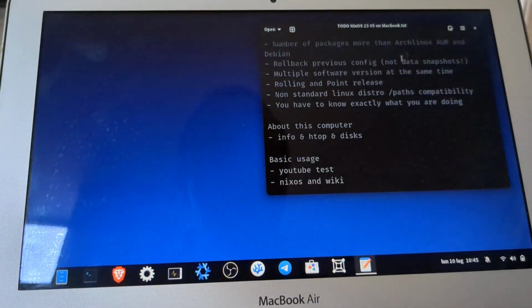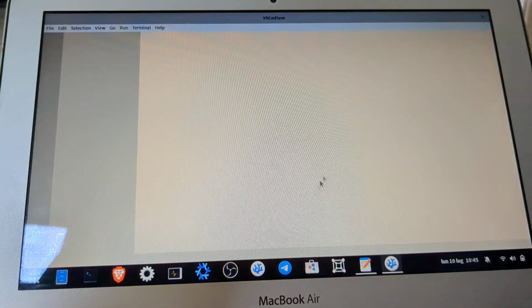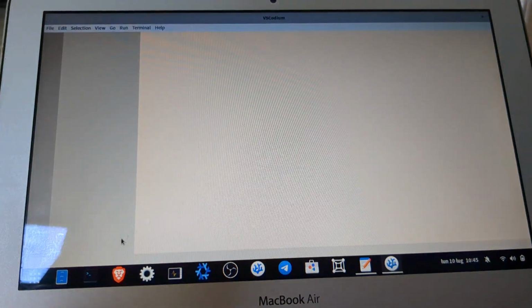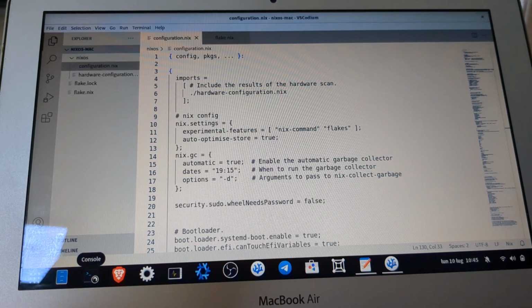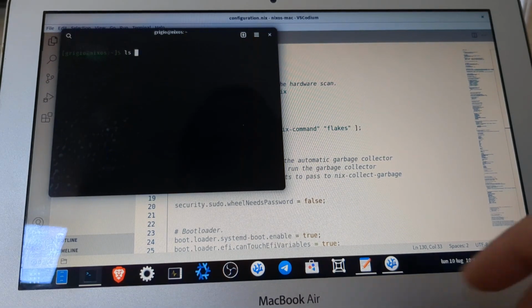So let's see how we can install or remove software in NixOS. I copied the generated files from the etc folder into a different folder which I have in my home.